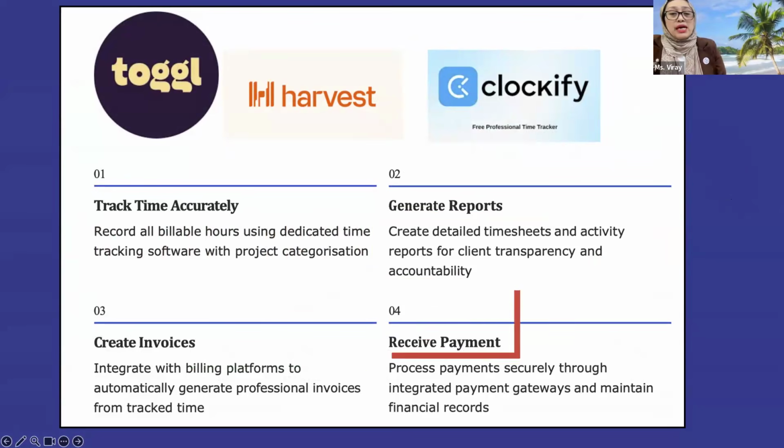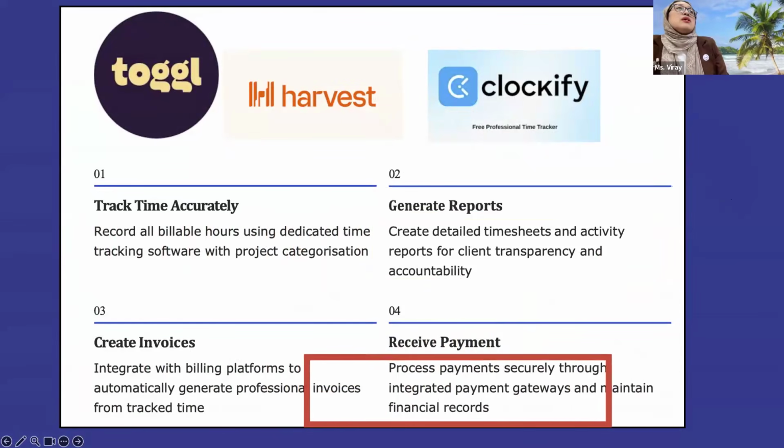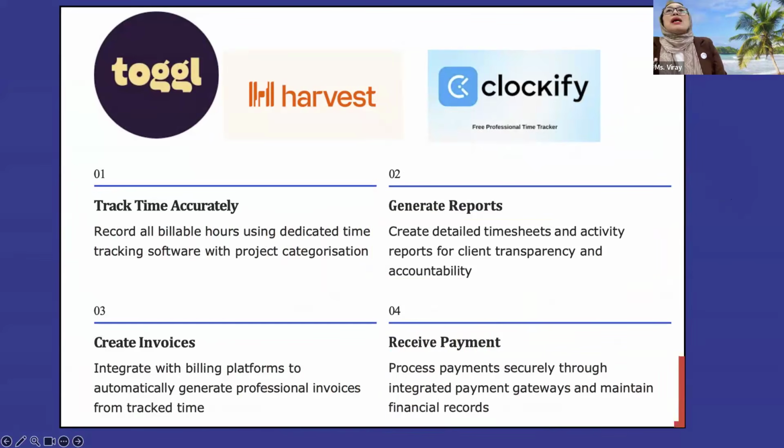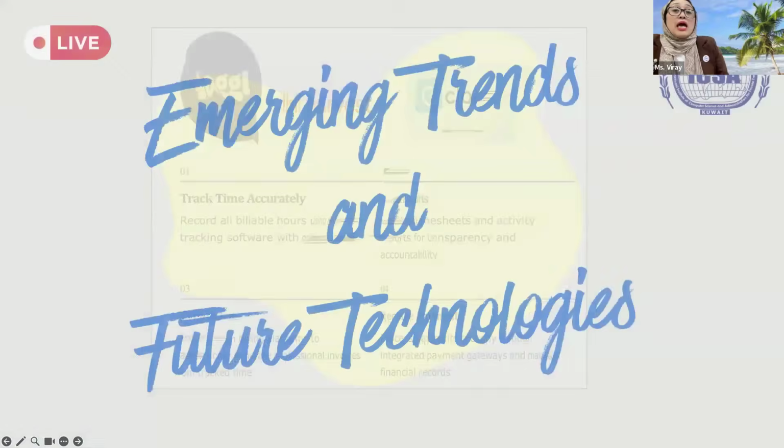Okay, so may mga report na yan, meron na ring invoice, and there's also a way that we can integrate your PayPal, your bank account, nandyan na yan siya lahat. But of course, this features has payment. Okay? Any questions on the time tracking softwares? I hope that's clear. Okay.